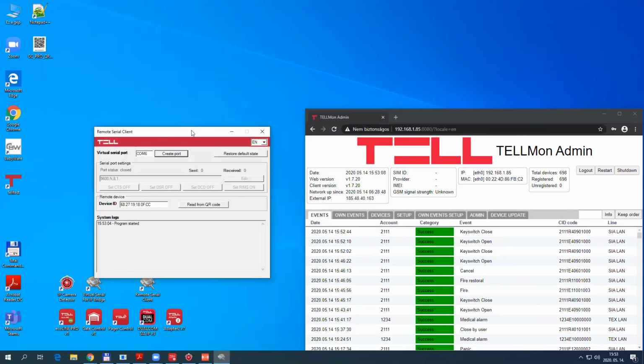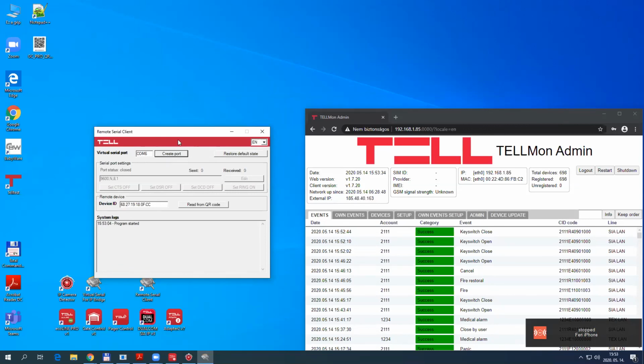This is the software which creates the bridge between the Adapter2 and our PC. So it will connect to the Adapter2 through the internet and will connect to the serial port of the Adapter2. At the same time, it will create a virtual port and will connect the serial port of the Adapter2 to